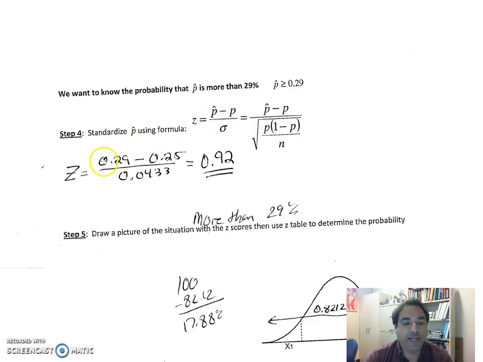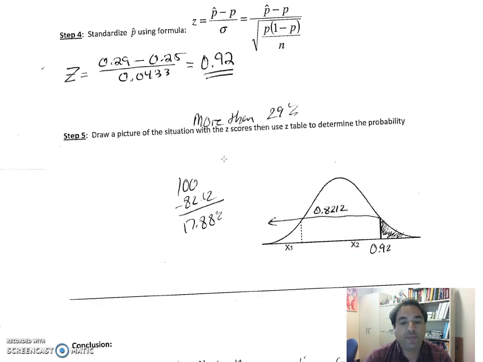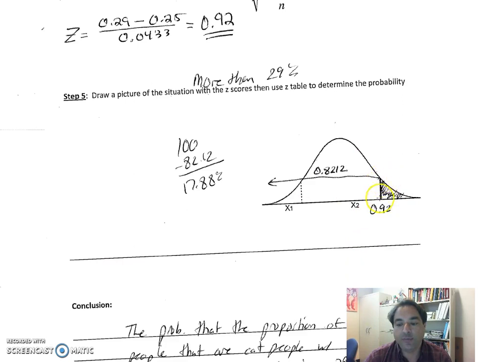P hat is 0.29 minus 0.25 divided by our standard error, 0.0433. Double, triple check typing that in. You get 0.92. If we're drawing this out, 0.92 would be about here, and we're looking for more than. If we go to our z table and look up 0.92,